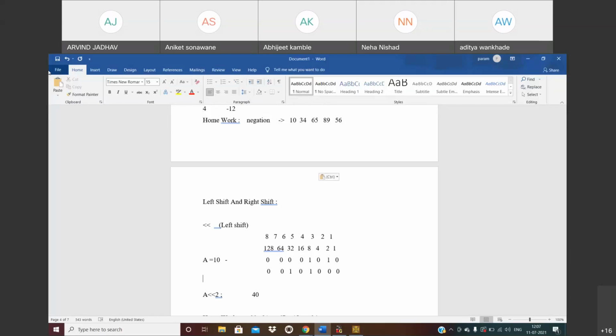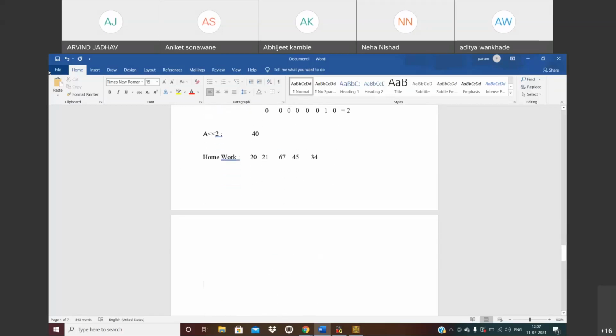Okay, so now one last operation is remaining. In that section, we'll discuss the assignment operator. It looks like the arithmetic operator, but there is a difference. In the assignment operator we can perform addition, subtraction, multiplication, division, and the mod operation.